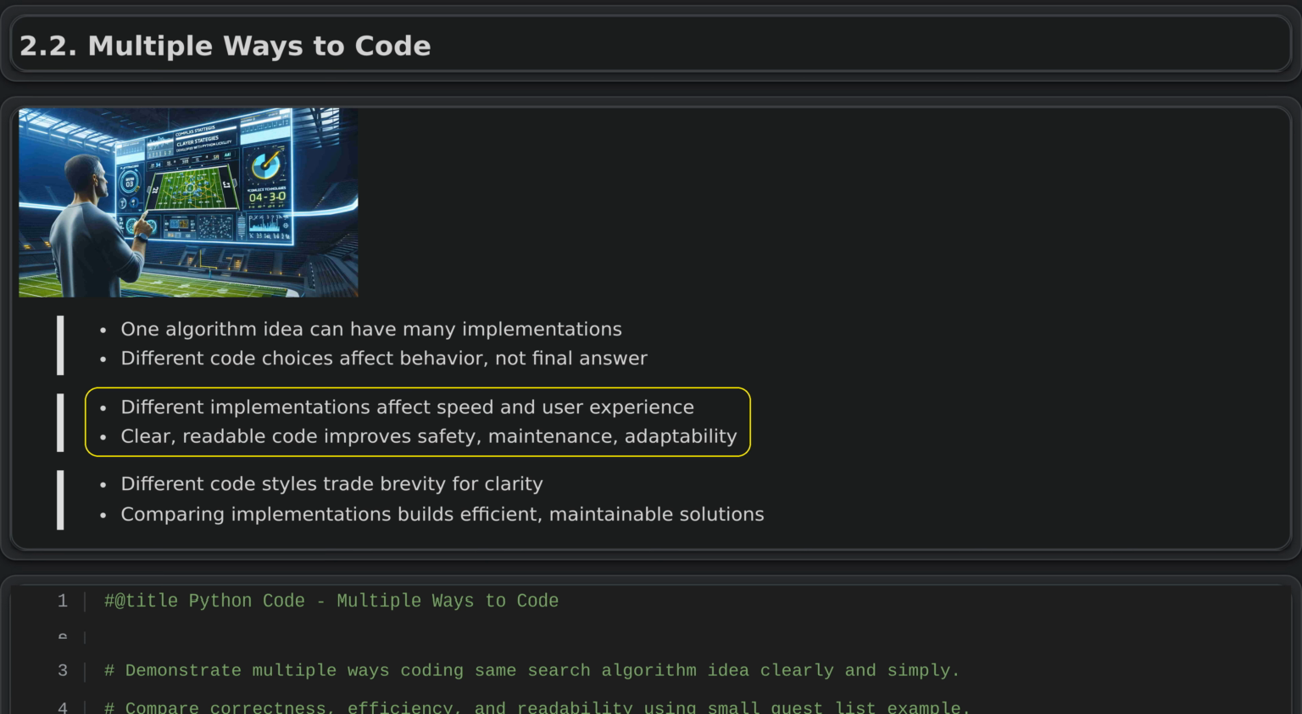When implementing the same algorithm, it is not enough that a program simply works. Correctness, efficiency, and readability all matter. Two programs can solve the same problem, but one might run much faster or be far easier to understand and